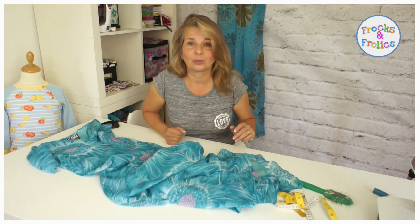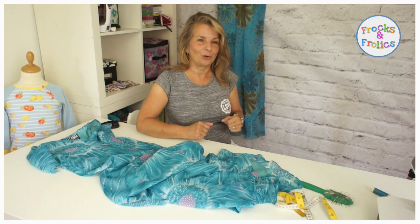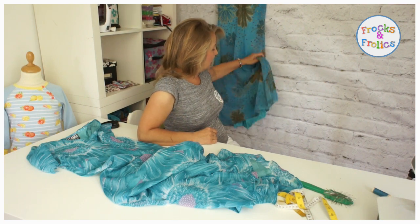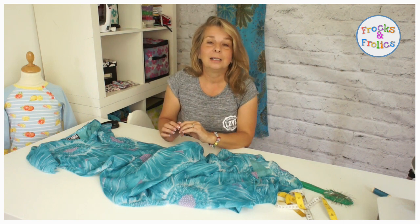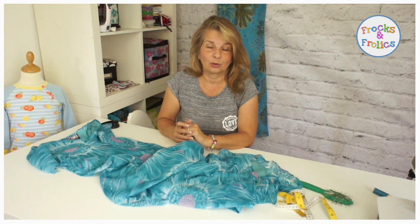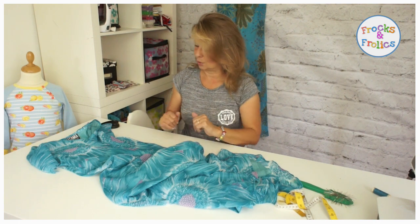A dress. I've got two dresses to shorten. They're both for my mother-in-law. She's going on a cruise and she's a bit short like me, and she wanted her dresses shortened. And here I've already cut one to the right length, so we're going to hem that in a minute as well. But I'm going to first talk you through what you have to watch out for when you're cutting